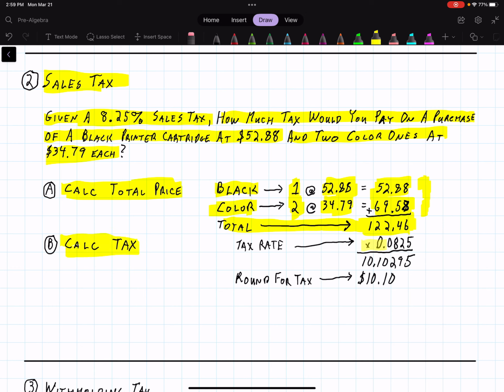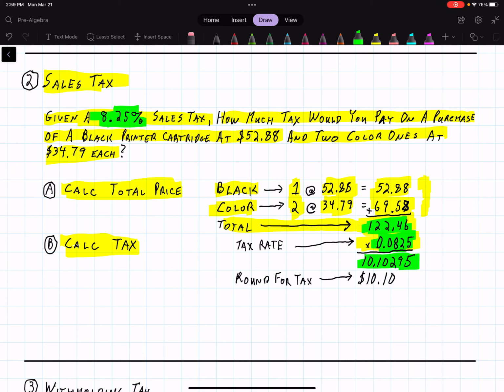Well, when we calculate out the 8.25% sales tax that it told us that we had in our problem, that comes out to 0.0825, and we multiply that times our original $122.46 total bill, and we get a